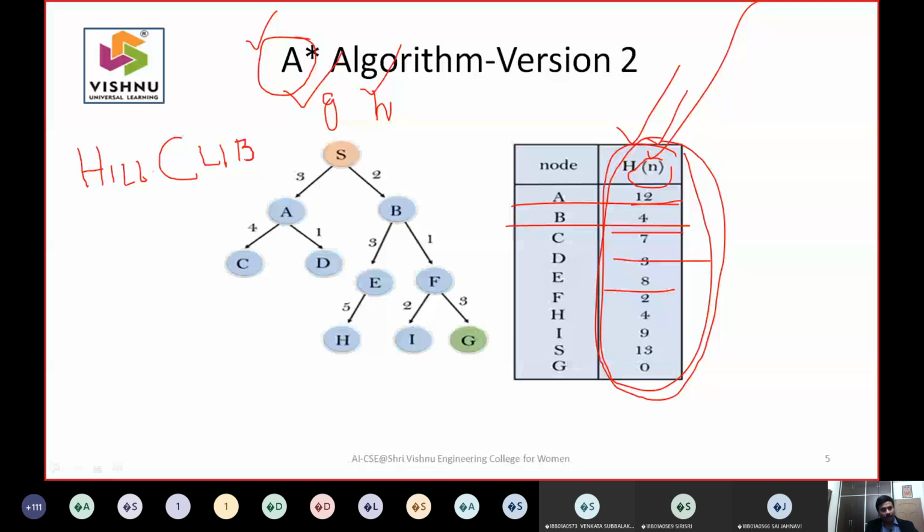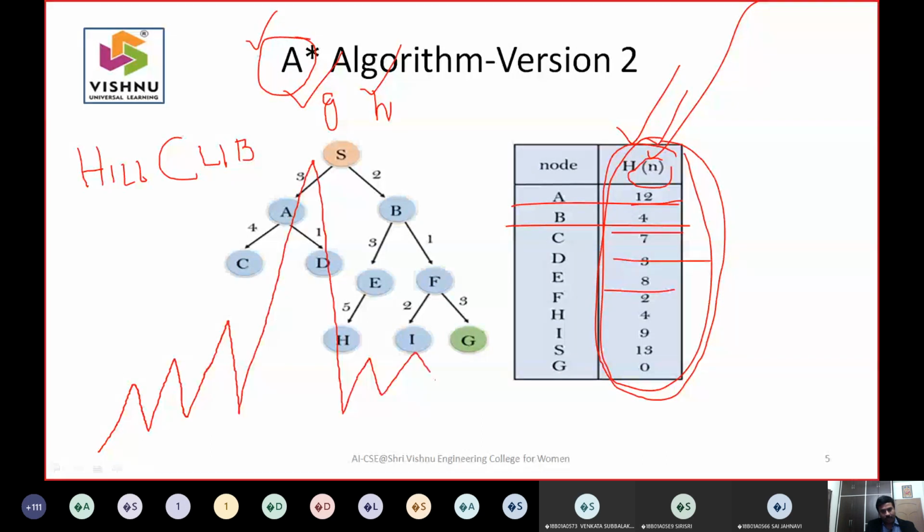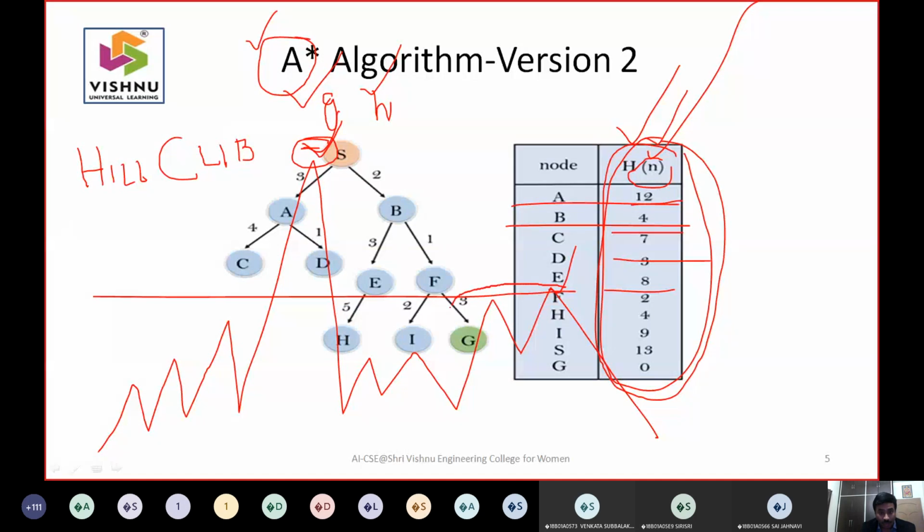In hill climbing, what will happen is you will have some graphs like this. My interest is something like this. See here, when you wish to have this type of point, hill climbing will not get this output here, but it will get this type of local maximum. So when you write an algorithm to find a point like this, instead of this point, your algorithm will give this point. This is called local maximum.